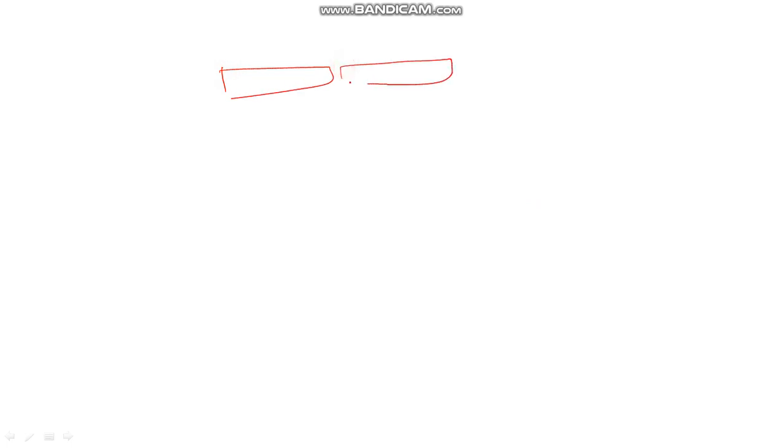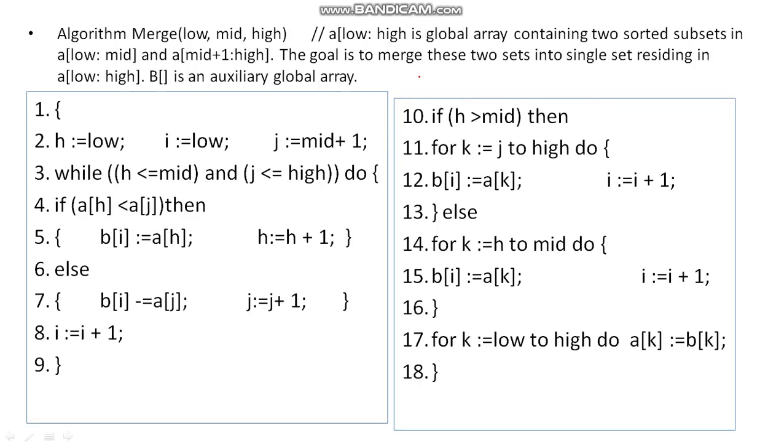The number of comparisons will be less if we are trying to merge two already sorted subarrays, where one subarray contains all the elements which are lesser than the second subarray. In that case the number of comparisons required will be very less. The comparisons will change, but there will be not much difference. So that is all about the merge sort.